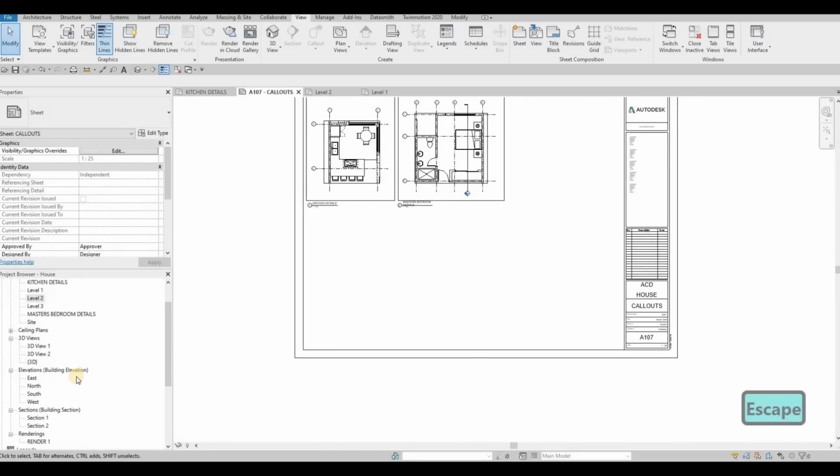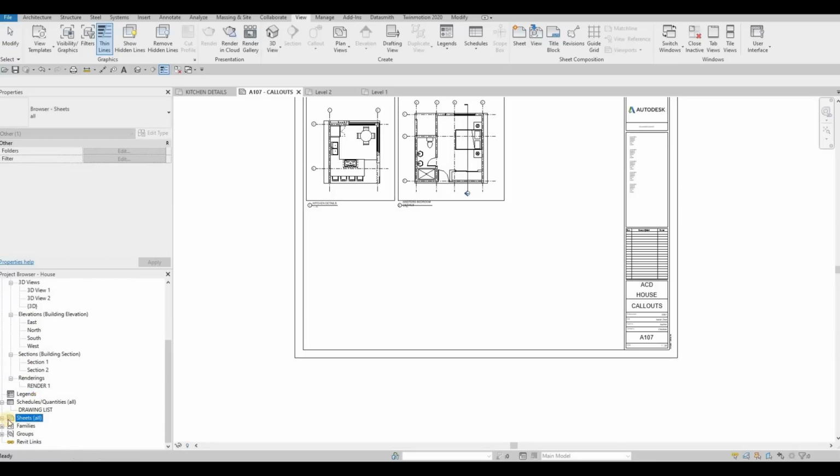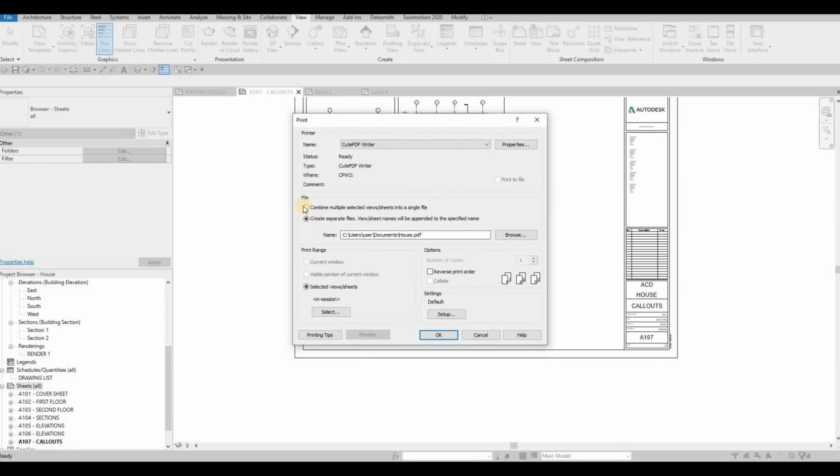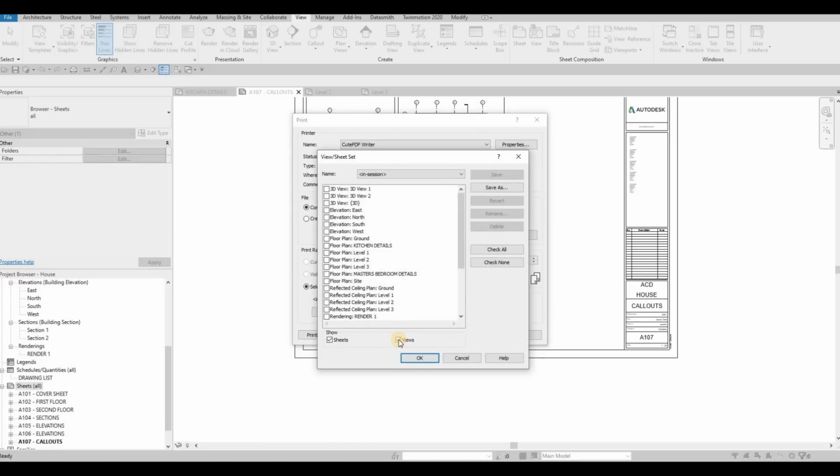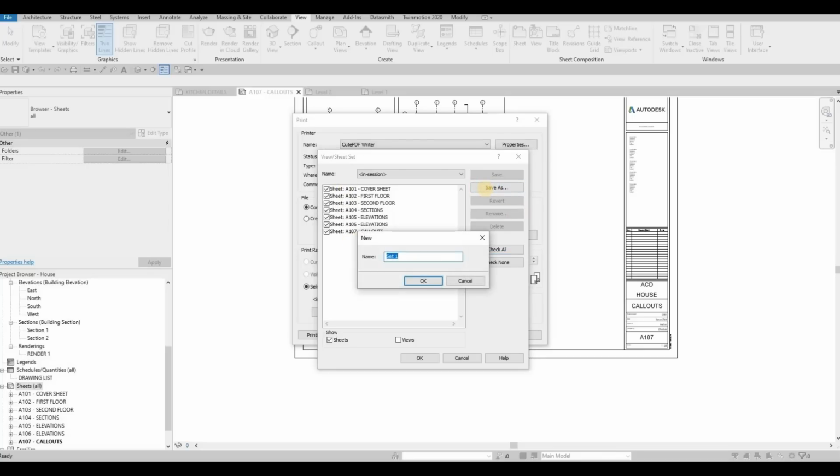So now that we finished all the sheets, let's save it first, and then we could do a full set print. So what I usually do is create those presets already. So make sure your views are selected and then click on combine. After that, you select your printer, and then I just leave it as default for now. Select here, uncheck this one, and then here check all, because all of them we need for a full set. I even save this one and put in full set,